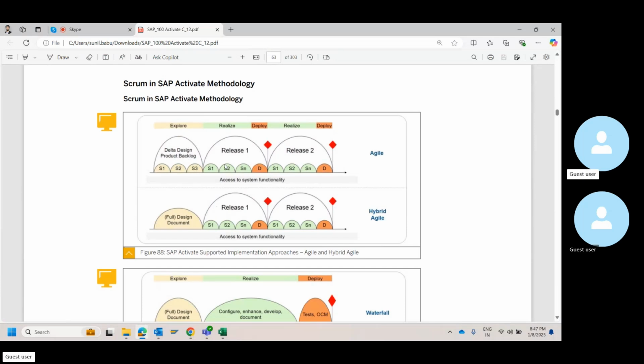You can also do it in sprints, is what they are trying to say in this picture. However, where we will follow this is predominantly in support. At least out of my experience, I only follow this in support. The reason being, in support, you will have a number of backlog items. Each week, I take a call with the business, reprioritize things, take a few sprints.